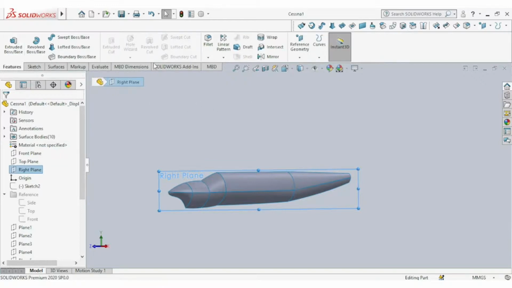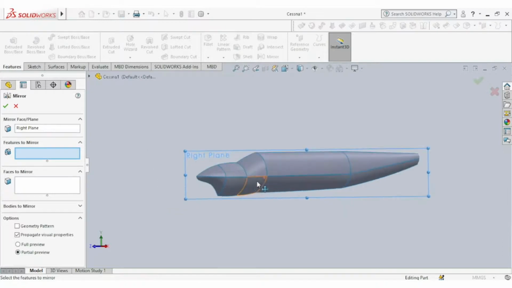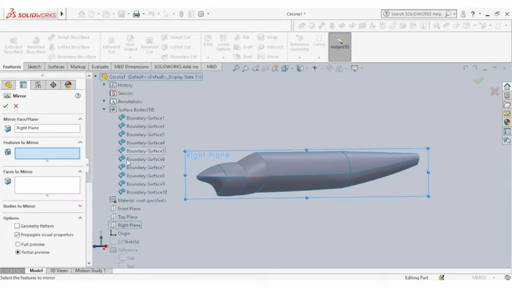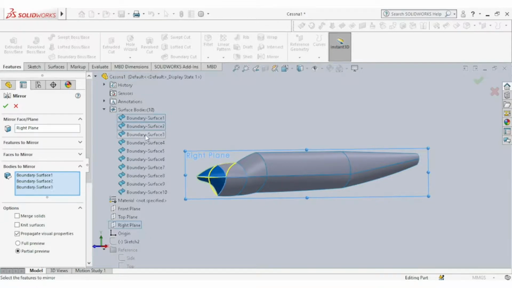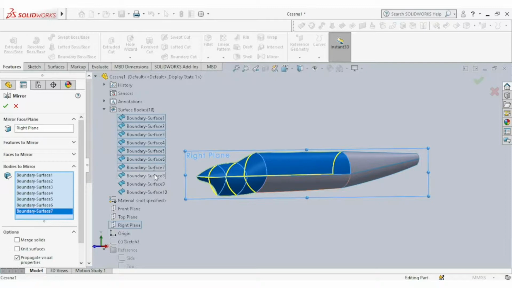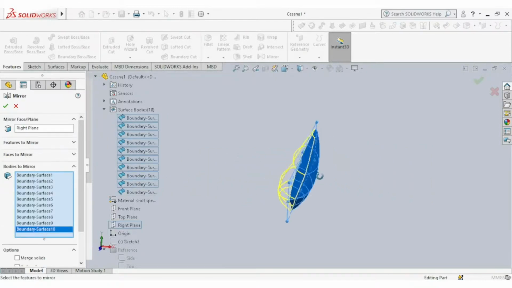Go to features, select mirror, and go to bodies. You can see the surface bodies we have created there. Bodies to mirror, double click or double tap so that the bodies are instantly selected, and as well see the preview coming.